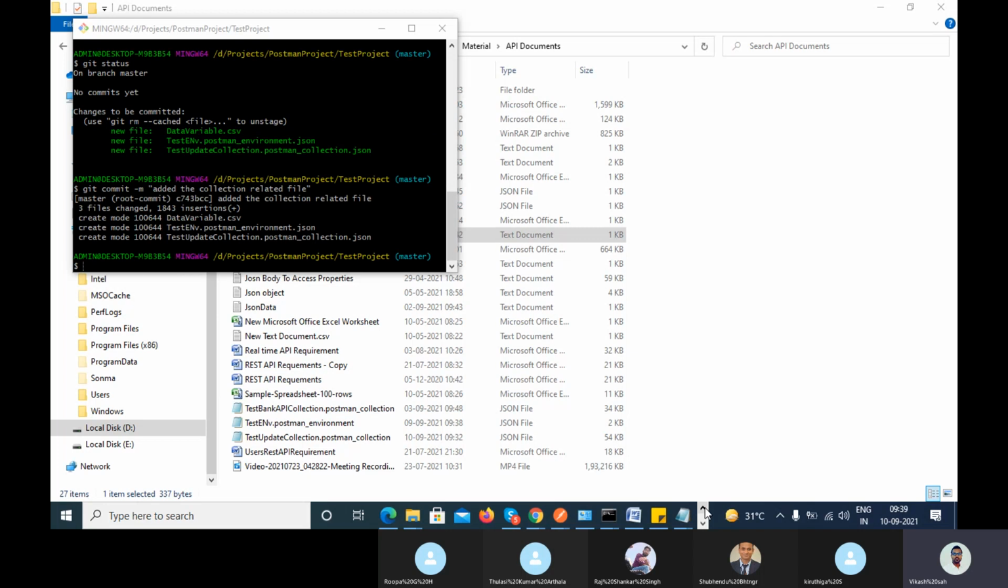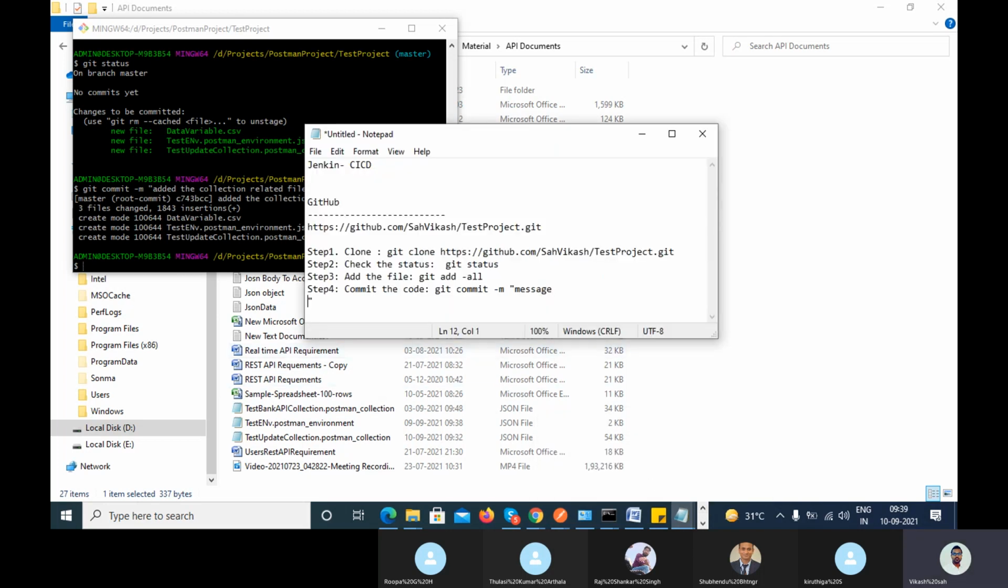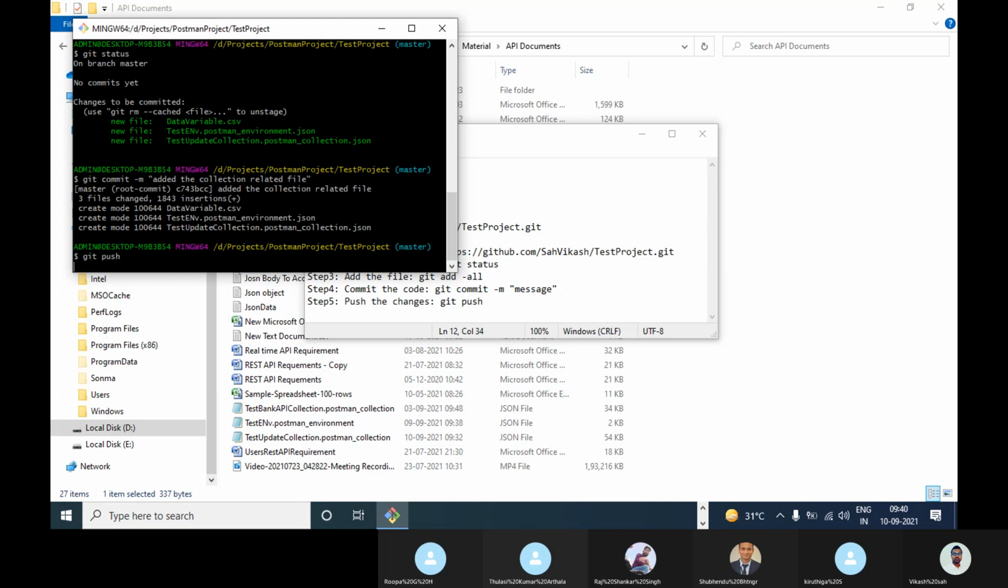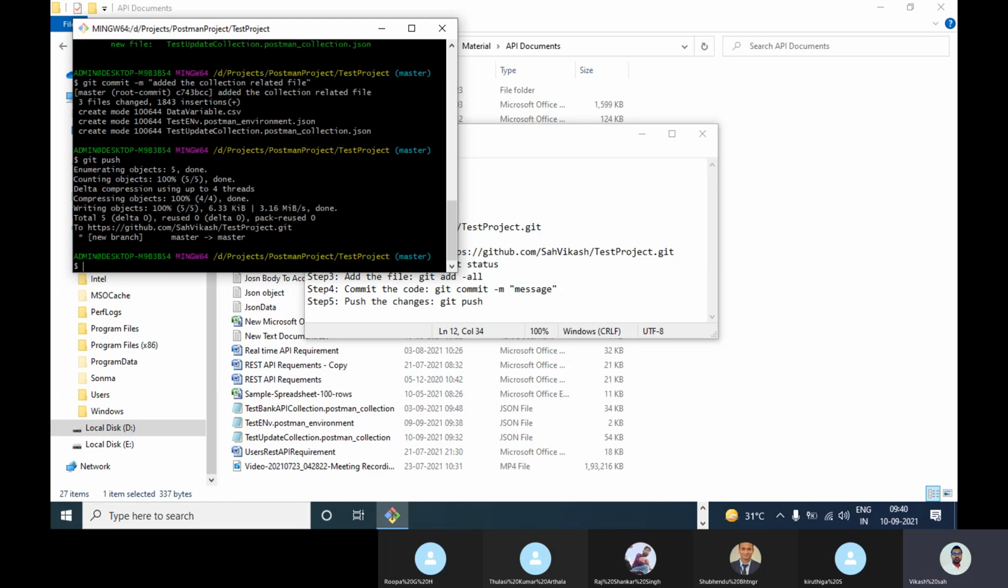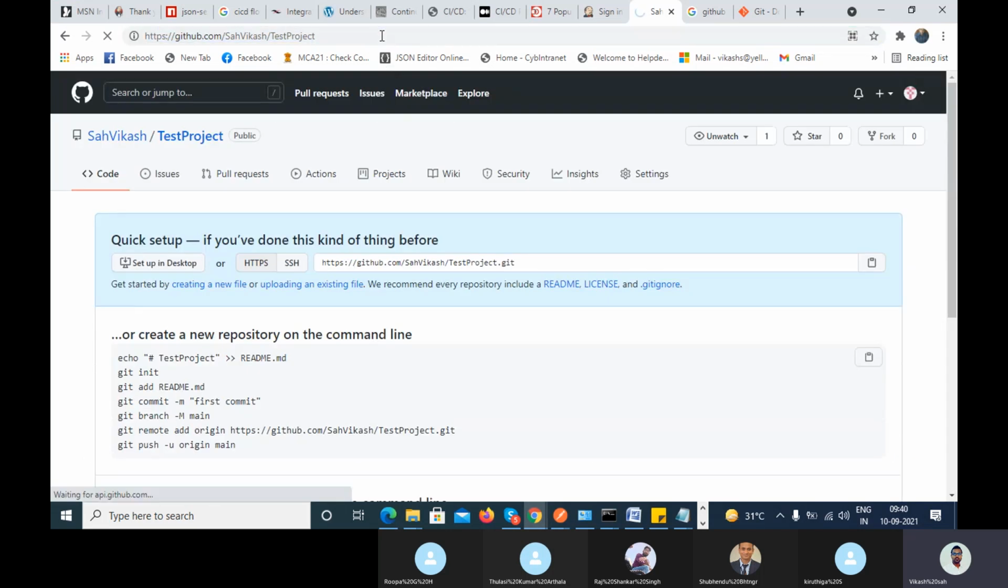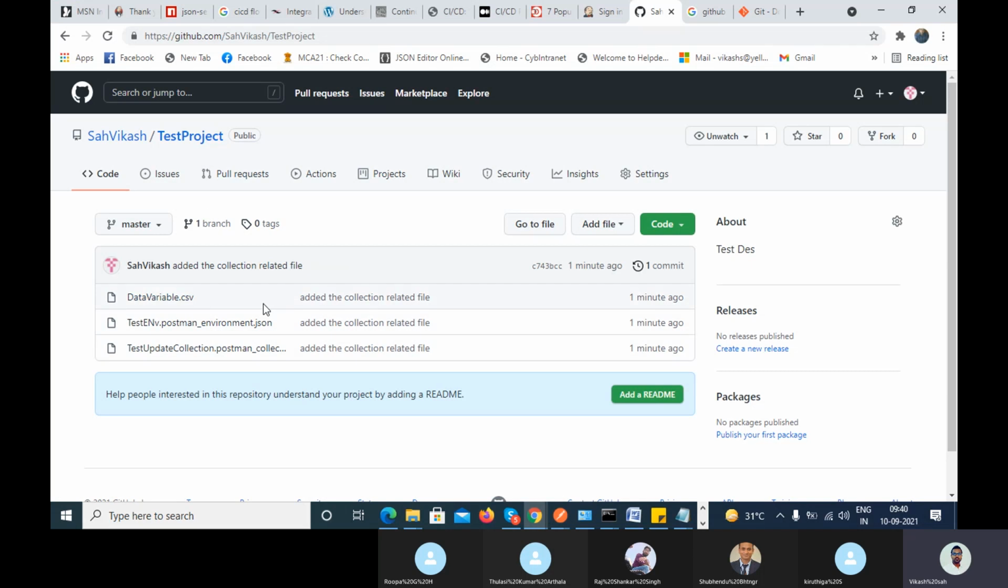Now the next step, step 5, is you have to push the changes. What command you have to use? Git push. Okay, so you can use it here, git push. Now it got pushed into your master branch, right? And if you go here and check in GitHub, now if you refresh this page, can you see all the files got added? All the files got added here,